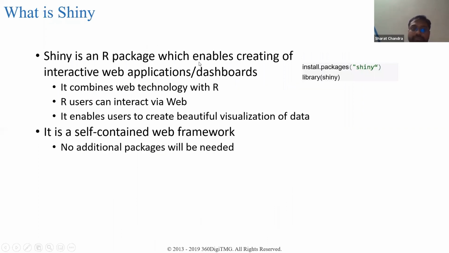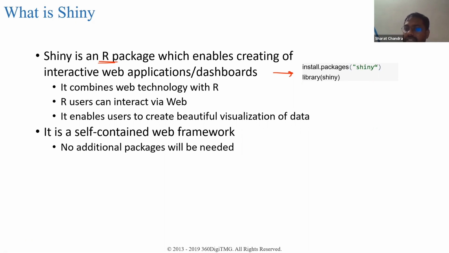Let's move on. So to start off with, you need to understand what is Shiny. Shiny is a product which is developed by RStudio, and it is nothing but a simple R package, and this is how you are going to install it.